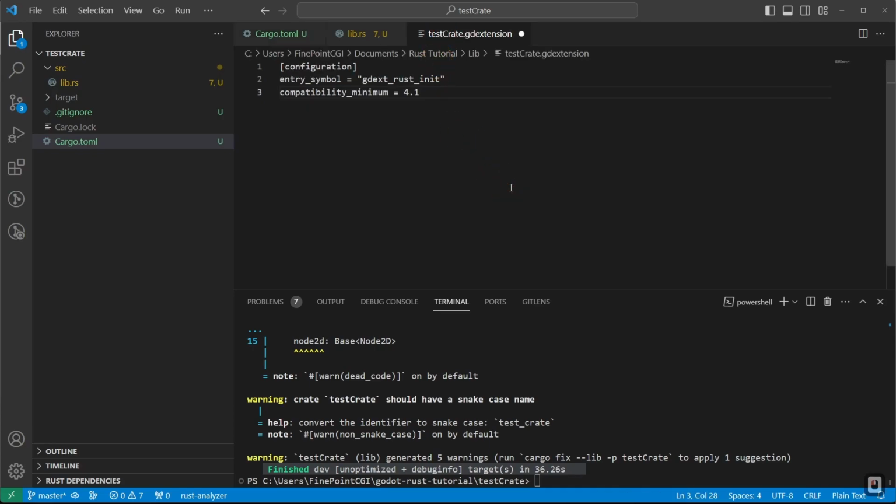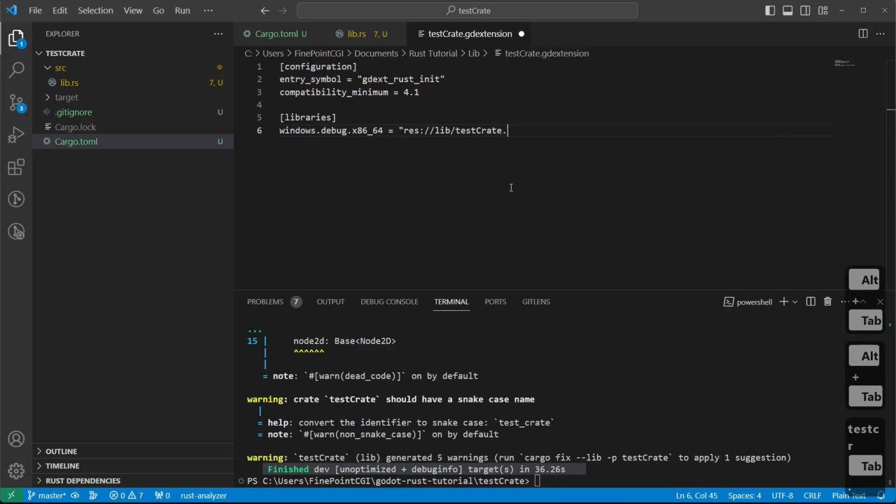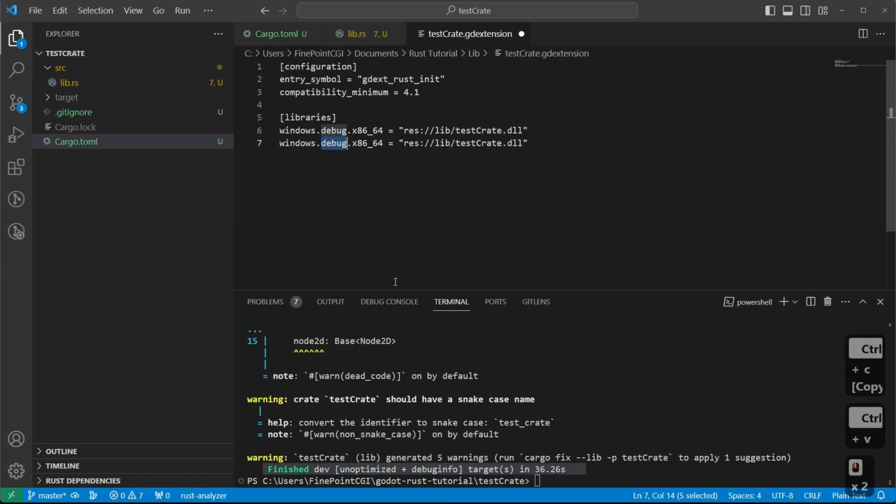We'll go back to our GD extension, and what we'll do is we'll come in here, bracket, bracket, libraries, and here's where we'll define what our libraries are. Now, in our case, we only have Windows, so I'll say windows.debug.x86_64 is equal to quote res://, and now we have to tell it where it's at. So lib/ and I believe we have it under just testCrate.dll. We'll copy and paste that,